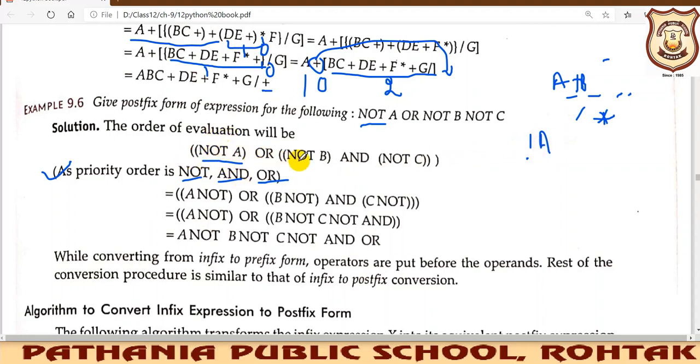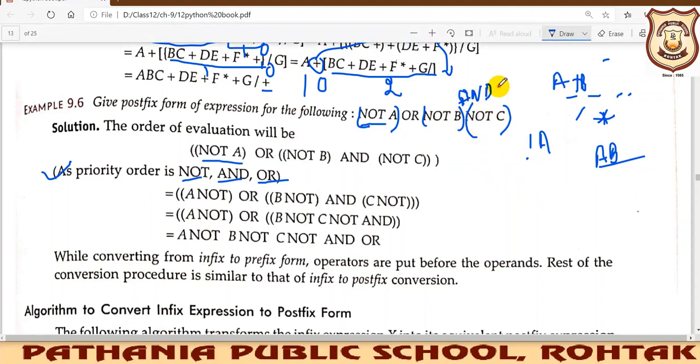So not a, not b, not c, so we are putting brackets. This is the first term, this is the second term, and you see if any operator is not written, then we will assume and. Like we write a b, we are assuming it is multiplication, means a into b. Similarly, if nothing is written here then we'll assume it is and, just like your multiplication. And or is just like your addition. Fine, or is addition and and is multiplication. So now try solving this.